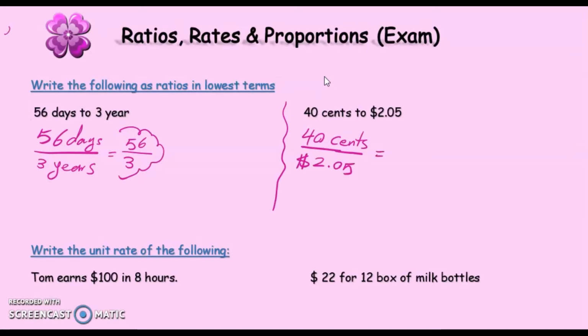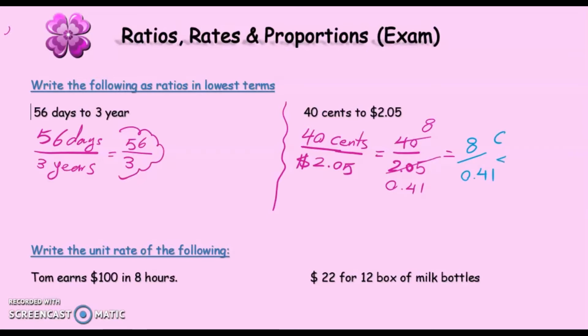As you see, my fraction is 40 over 2.05. Top and bottom can be simplified by 5, would be 8. If you divide this one by 5, your answer would be 0.41. Therefore, final answer, let me change the color to see better. As a result, would be 8 to 0.41